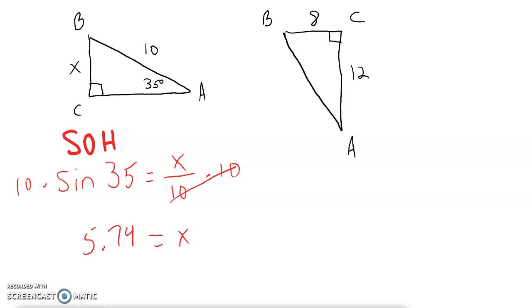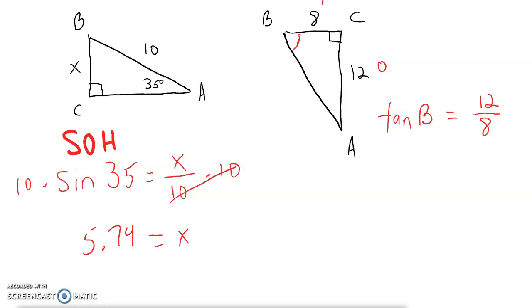For this other problem, let's say that we want to find the measure of angle B. So we see that we have sides of 8 and 12. 12 is opposite of angle B, and 8 is adjacent. So I'm going to set up a tangent ratio to solve for the measure of angle B. So what that looks like is tangent of B is equal to the opposite side, which is 12, over the